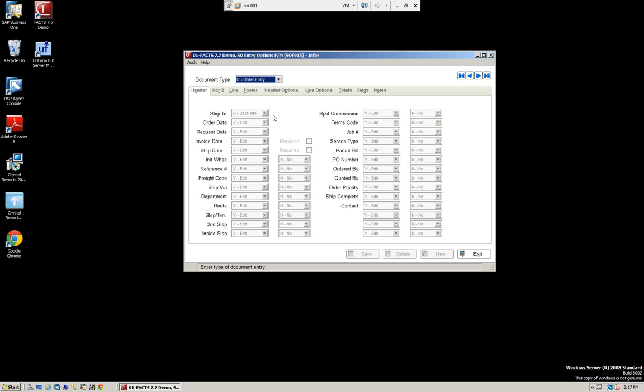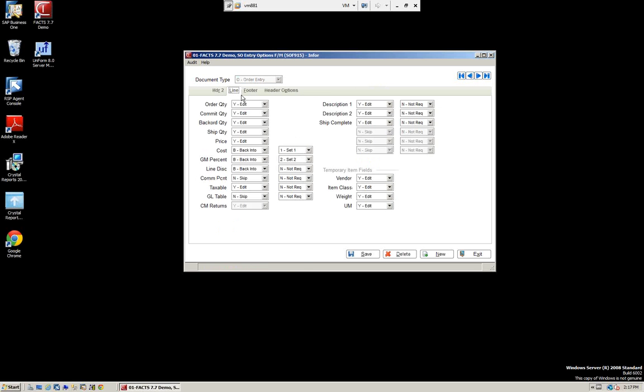Again, let's go into order entry. Let's look at the lines. And we had cost and percentage, so we can make this the second one. We can make this the first one. So now we'll see the GM percent and then the cost. We save,